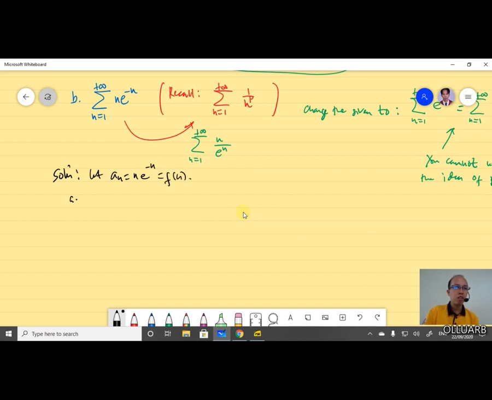Suppose further that our x is greater than or equal to 1, where this is our small n. So for continuity, we have to let a be in this interval, 1 to